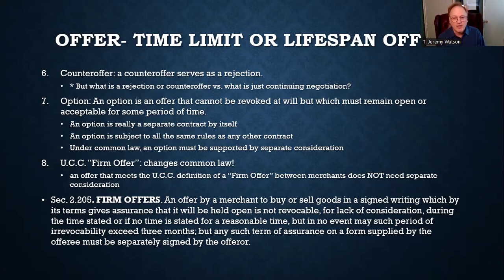What if I see you walking towards me on February 12th and I yell, no, I take it back. I take it back. I'm not selling you my car. Have I revoked it? Well, yes, I have, because we didn't have a valid option. An option is a separate contract all by itself, which means that that option also has to meet the other requirements of a contract. And what is usually missing in those cases is consideration, what you give for what you get.